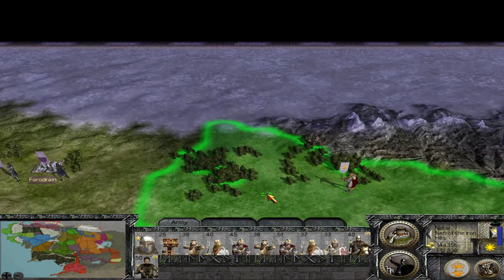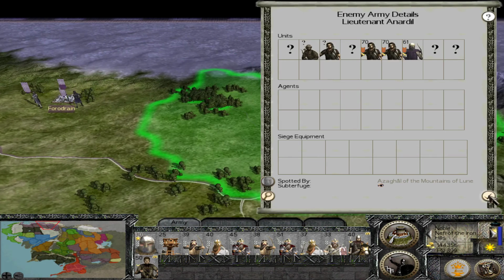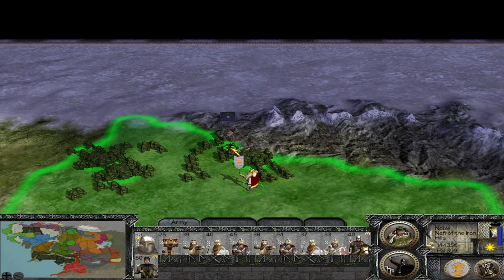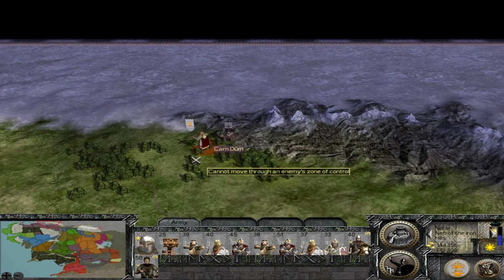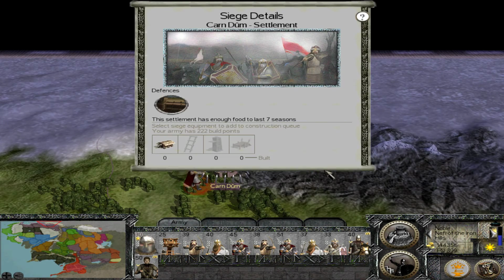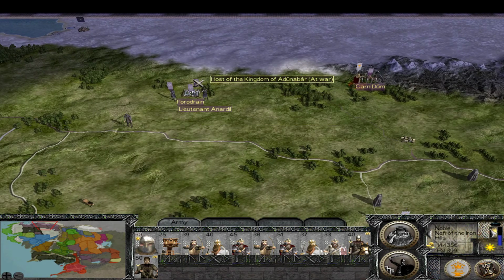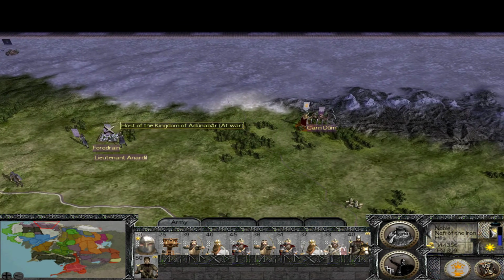We are going to besiege Carn Dûm, and I do expect that we are going to be challenged for this. But let's just see what it looks like. I think I want to come at it from over here. No, we couldn't because reasons. Okay. So we'll queue up our rams, and probably we might get hit next turn